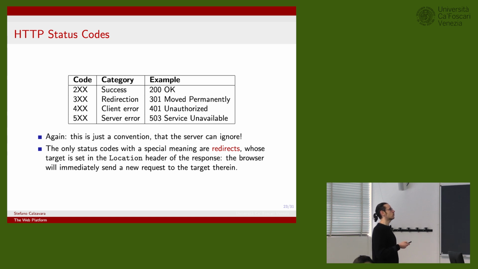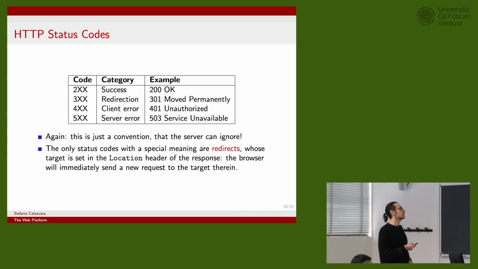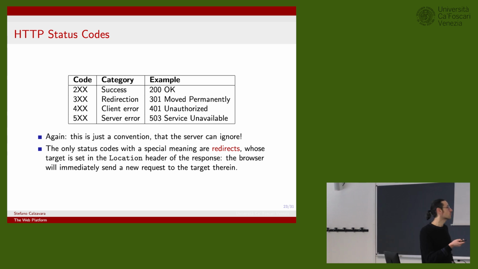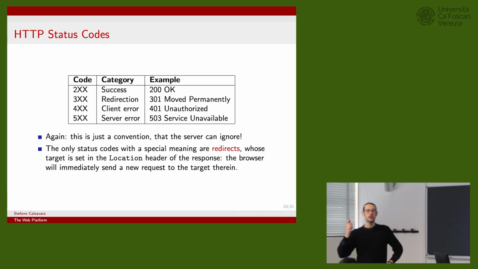What is important to note is that we have one special category of status codes which have a clear semantics, and those are the status codes starting with 3. These are redirects. If the page sends back a response with a status code starting with 3, this is telling the browser that it should request from a new location. There is a special response header called location, which tells the browser to move somewhere else, for example, because the page used to be there, but you want to move it somewhere else. These are the only cases of a status code with well-defined semantics.